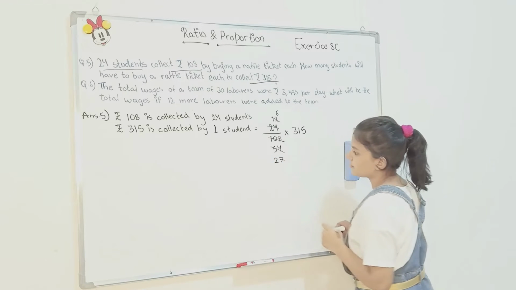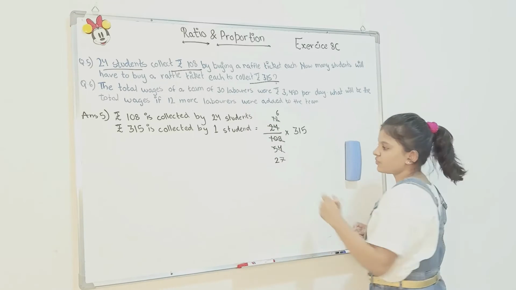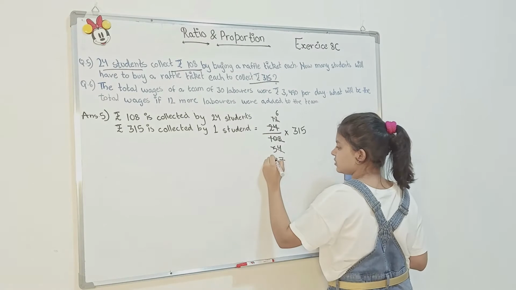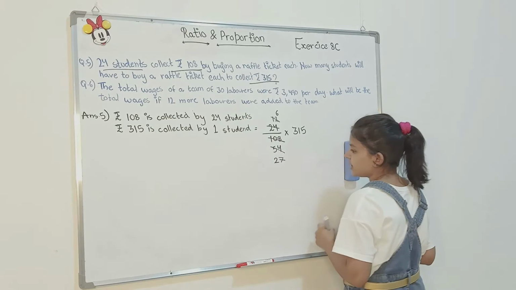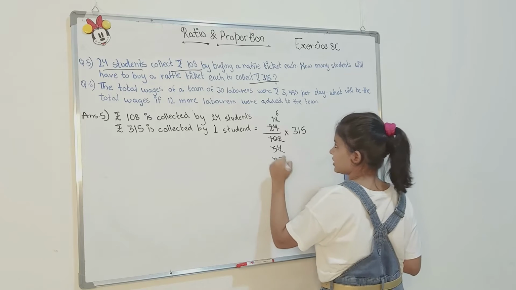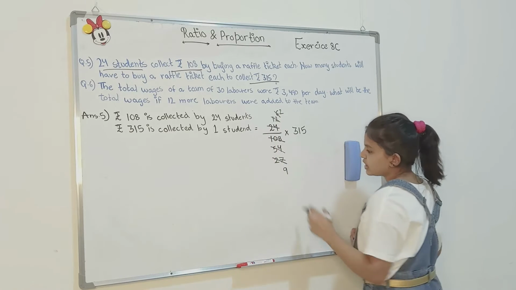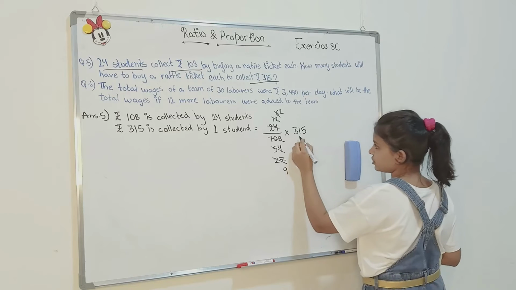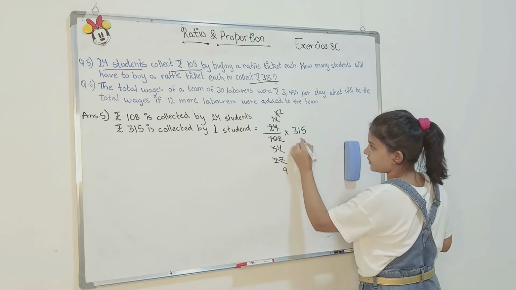So we get 27. Here now these two numbers do not come in 2's table, so we will multiply them with 3. So 27 comes, so 3 9s are 27, so it would be 9, and then 3 2s are 6, so here we got 2. So now 9 here is done, so 9 is left, and now 315 is left. So now we will start dividing with this number.